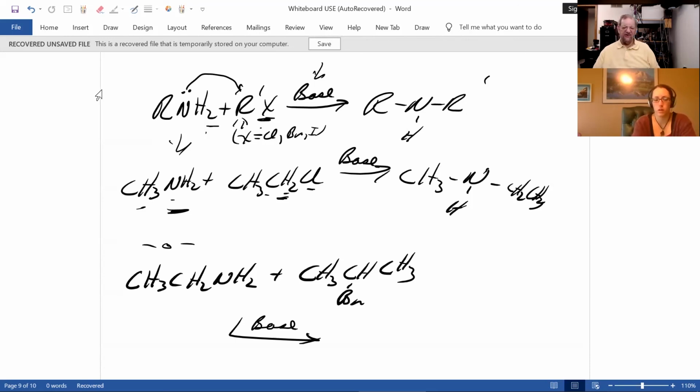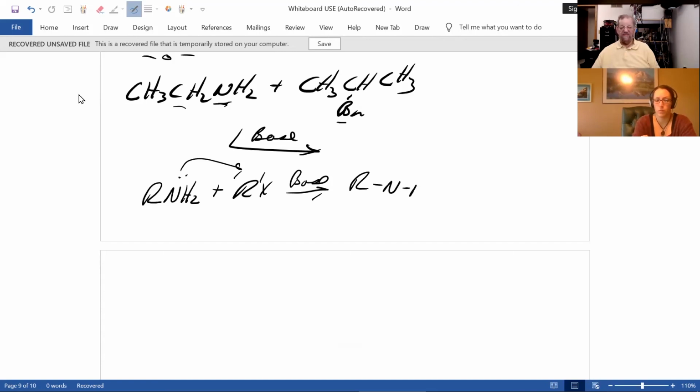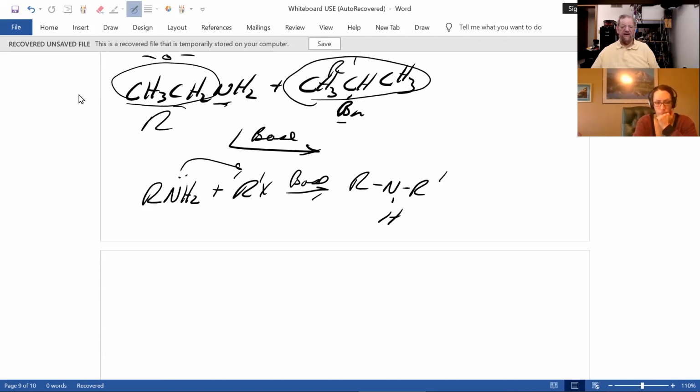All right, let's take a look at this reaction. What's different? Ooh, nitrogen with carbons. This is a primary amine. Then carbon, ooh, halogen on a carbon, an alkyl halide, in the presence of base. The lone pair electrons attack the carbon with the halogen, kick it out, and you form a secondary amine. This is my R group. This is my R prime.